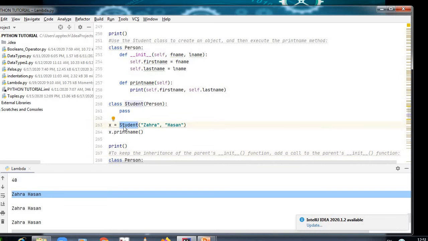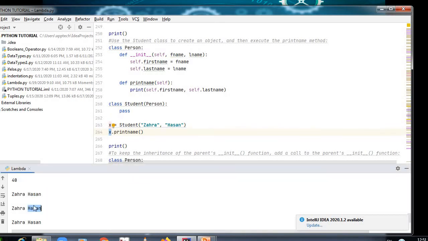Through the student class, inherited from person, Zara and Hassan will be printed. So we have created two classes, one is parent and another is child. Through the student class we created an object x and executed the print name method, and the output is again Zara and Hassan.